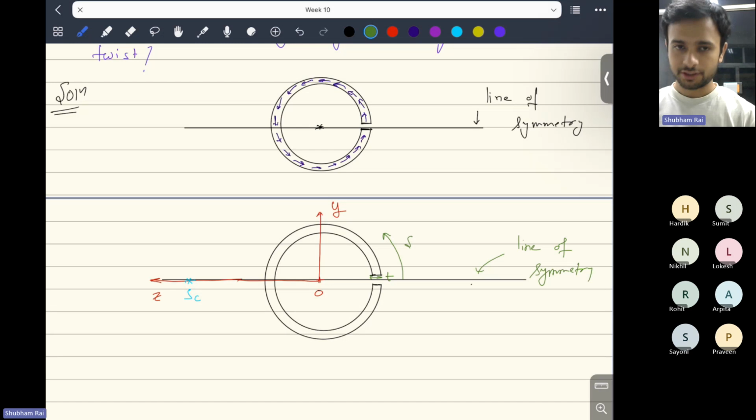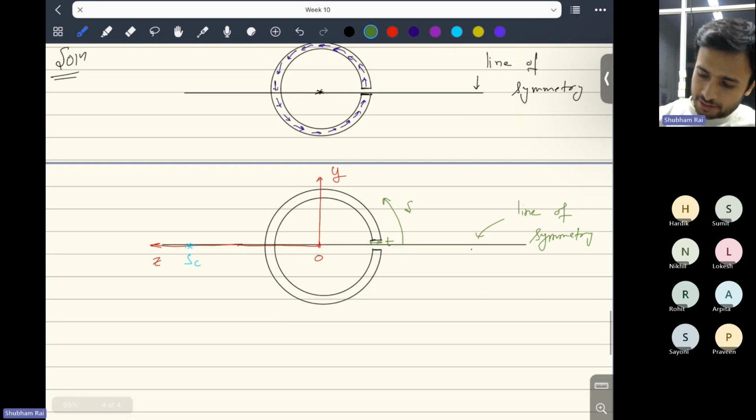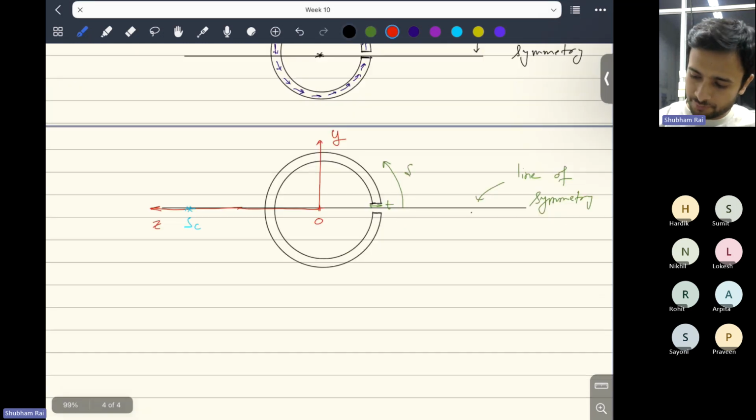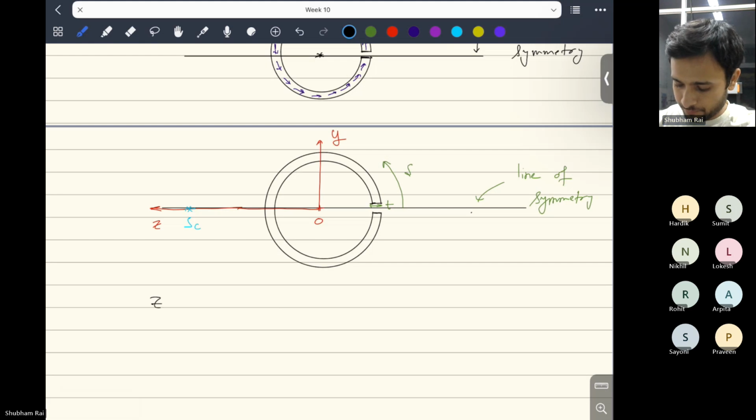So how will you find the shear center? So you know that Z coordinate of shear center is given by a formula. So let me just write it down. That formula has been derived in the lectures. So you can go back to the lectures and watch the derivation of this formula. I'm just writing the formula. Z coordinate of shear center